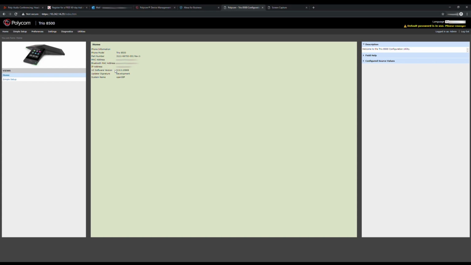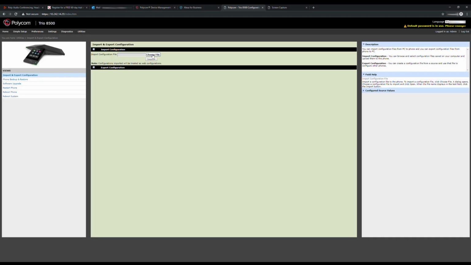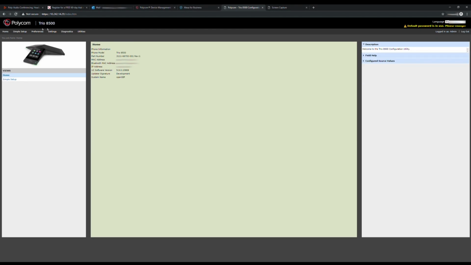Now, to enable the cloud functionality, you will have to import a configuration as referenced in the documentation. If using PDMS for your configuration source, you can use the Polycom standard templates to enable this feature. Here, this is the Poly Cloud Services Enabled port, and my device will reboot. Once the device has been rebooted, I can refresh the page, and I notice that I have a new option underneath Diagnostics made available for cloud status. Navigating here, I can find the registration code that is necessary to enable it to the cloud services.